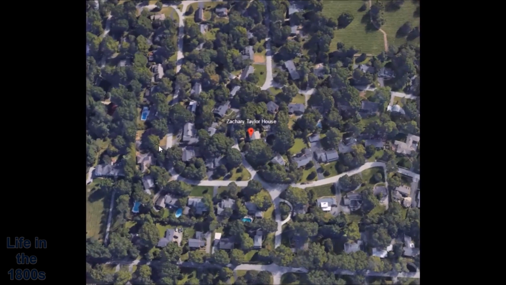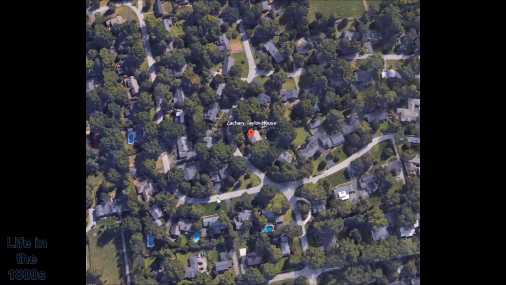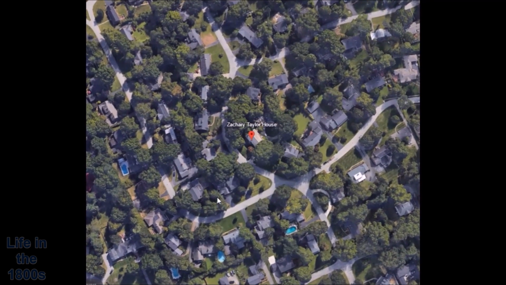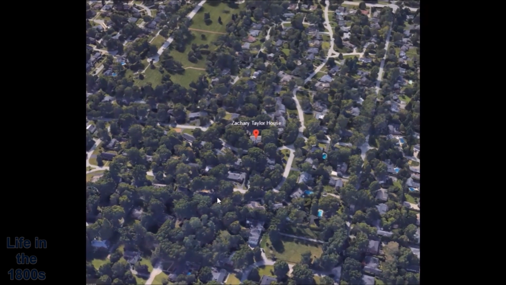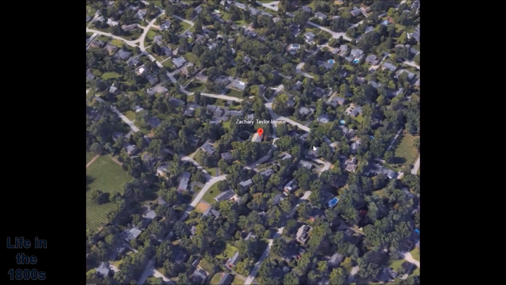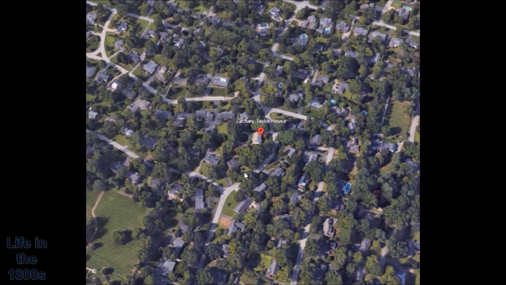This whole area surrounding the house was originally a 400-acre estate owned by Richard Taylor, Zachary's father. Interestingly, this 400-acre plot of land was given to Richard Taylor by the government for his service in the American Revolutionary War. The main house was built in 1790, and prior to that, the family had lived in a log